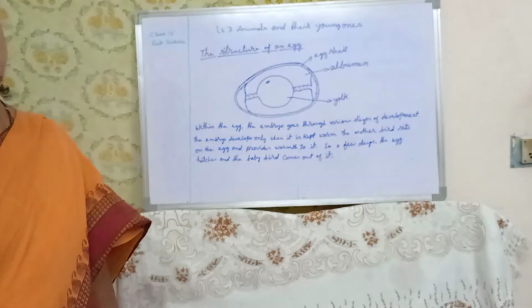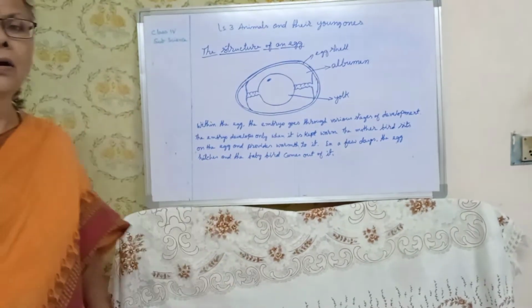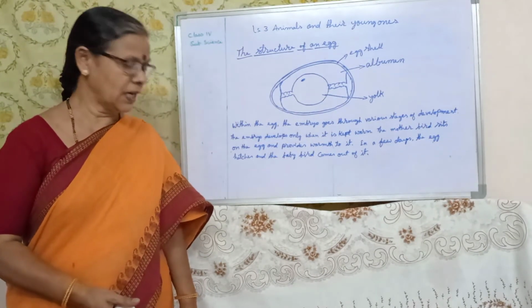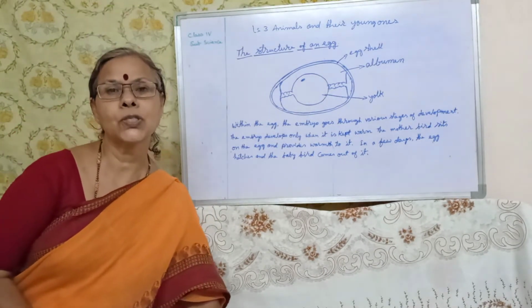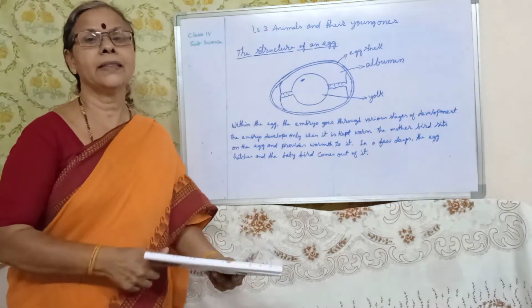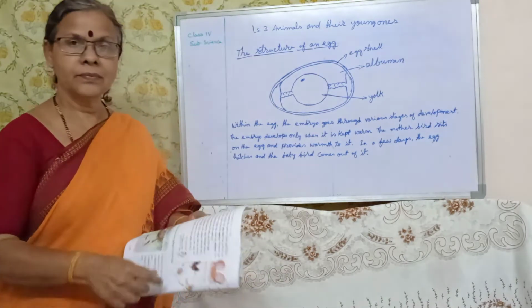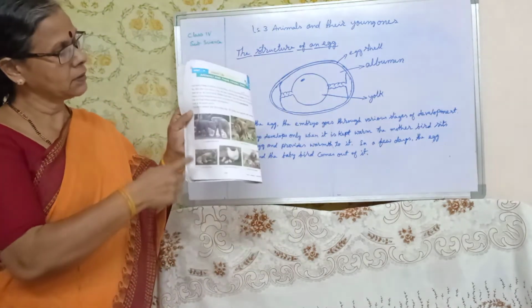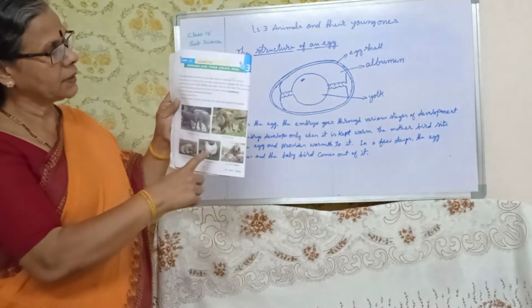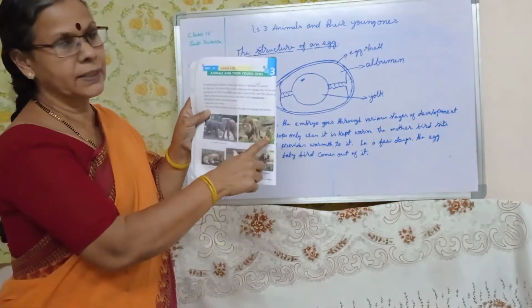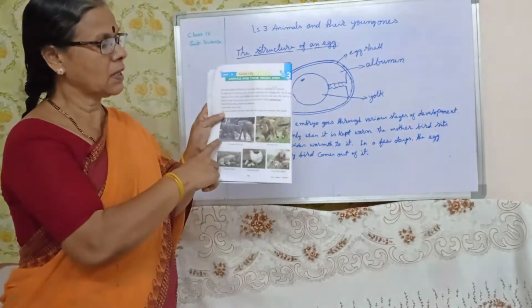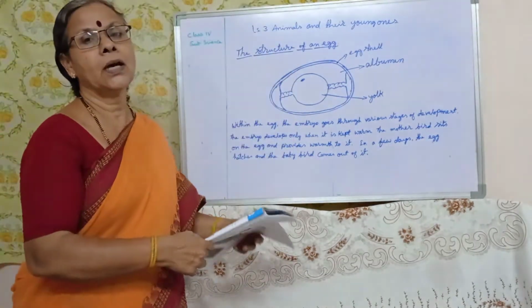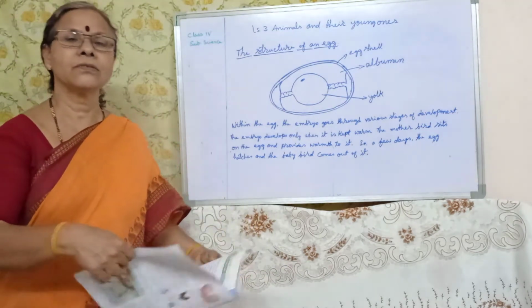Good morning, children. In the last class, we studied the animals and their young ones. I showed you in the textbook the animals and the young ones with their mother. See, elephant with the young one, and lion with the young one, cub, calf, and the cat with the kitten. Now, there are two different ways in which the animal